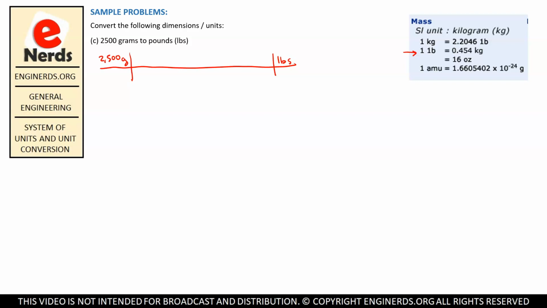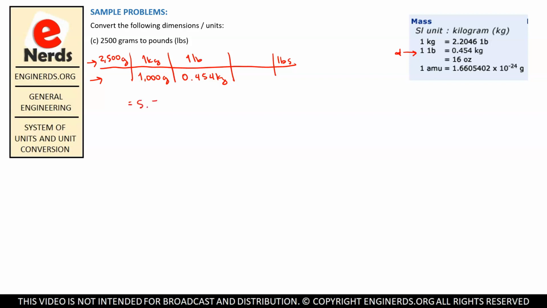So, gagamitin uli natin yung prefixes natin, no? So, sinolve natin to last time. So, we know that 1,000 grams is equal to 1 kilogram. Okay, so gamitin na natin tong conversion natin ngayon dito, no? So, we have 0.454 kilogram is equal to 1 pound. Okay, so ang gagawin natin, i-divide natin yung numerator by our denominator. So, 2,500 divided by 1,000 is equal to 2.5 divided by 0.454, which is equal to